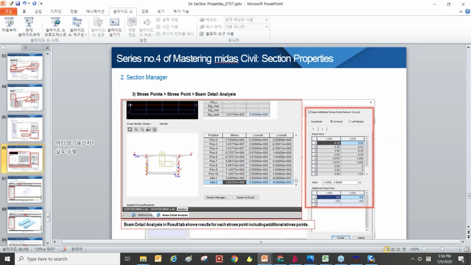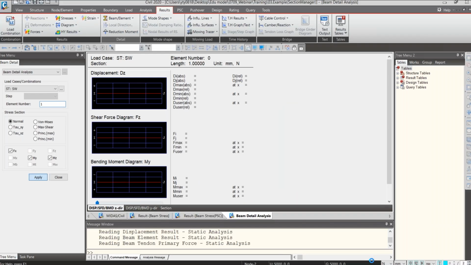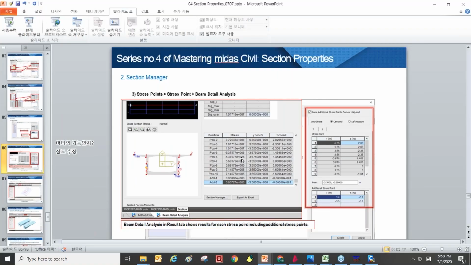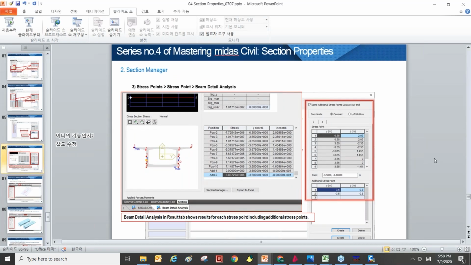So after using this function, we can see more detailed results for the 10 points. And also you can see the section manager here. If you click the section manager, you can move to the section manager option.